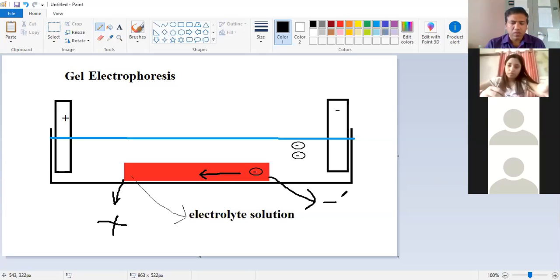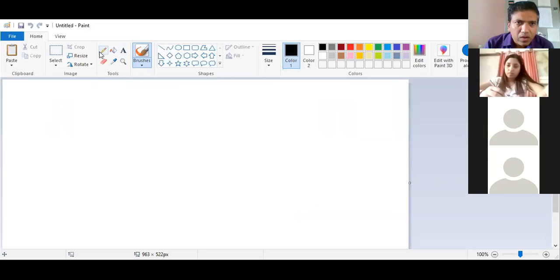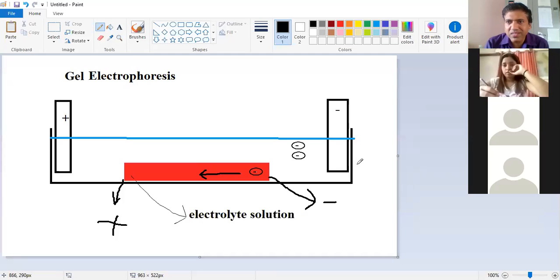So let me start a new whiteboard. Sir, instead of placing the anion in cathode, we have to place it in the gel. Yeah, actually, let me show you the earlier slide. See, you are not placing anything on the cathode. You are placing the materials nearby the cathode. So this side of the gel is nearby cathode. This is nearby anode.